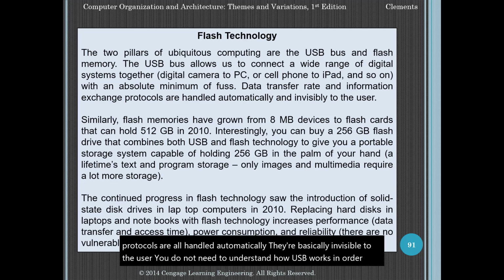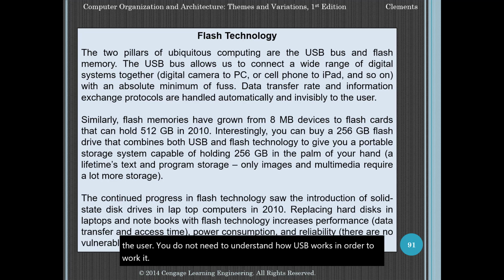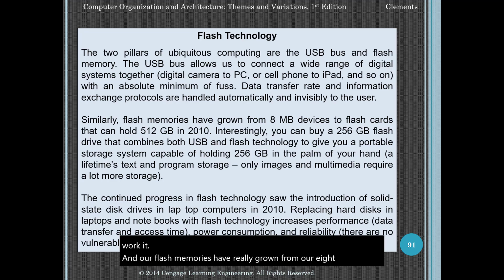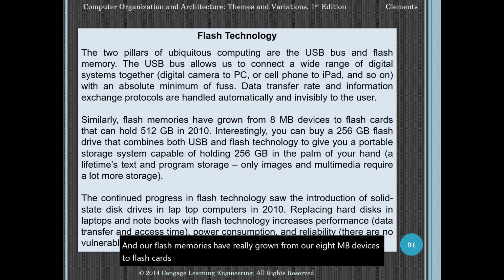And our flash memories have really grown from our 8 megabyte devices to flash cards that can hold like 512 gigabytes. You can buy these kinds of flash drives that combine the USB and flash technology, right? Those are those little sticks. You're plugging them into your computers. You're carrying around your files,